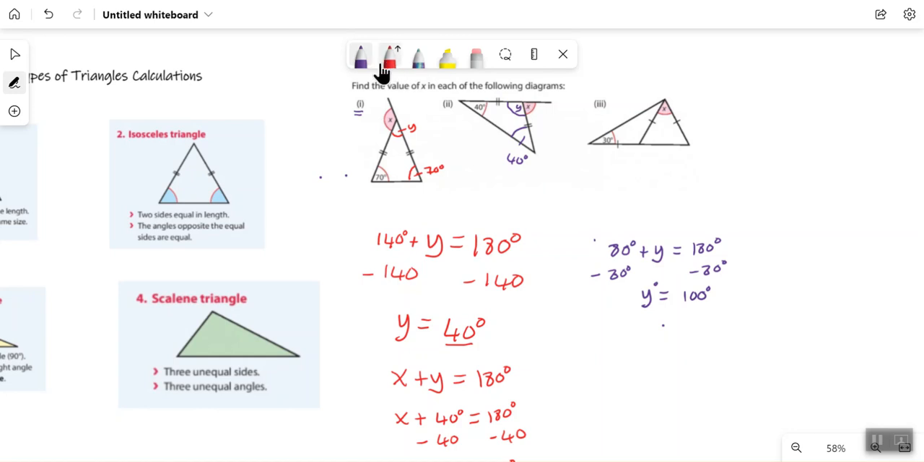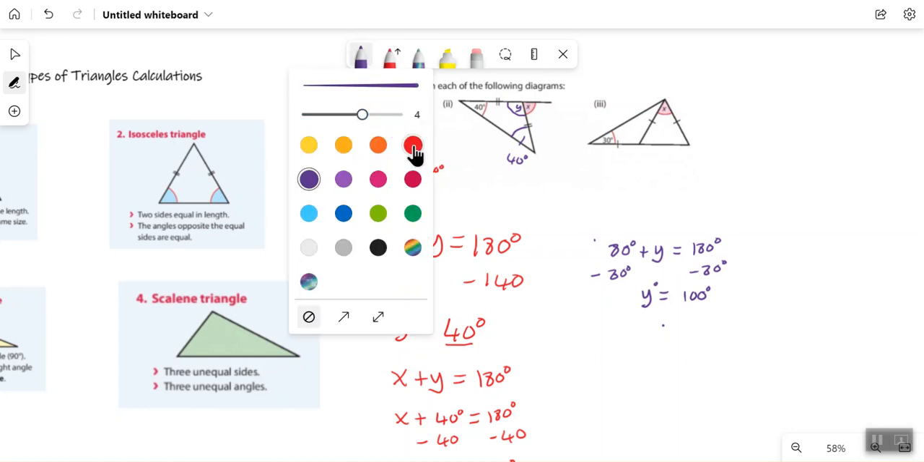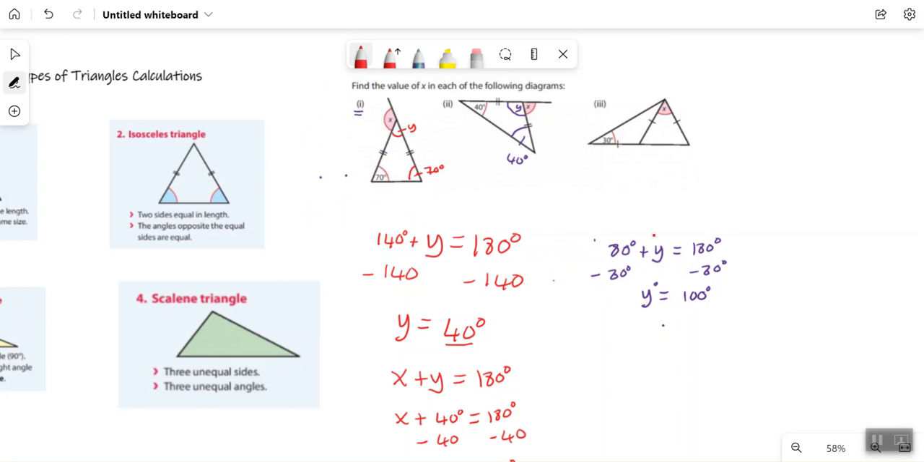So that's what we're trying to work out. So what we can say is that x plus y, so x degrees plus y degrees, both of those have to add up to 180 degrees. Why does it have to add up to 180 degrees? Because this here is a straight line, and these two angles on the straight line have to add up to